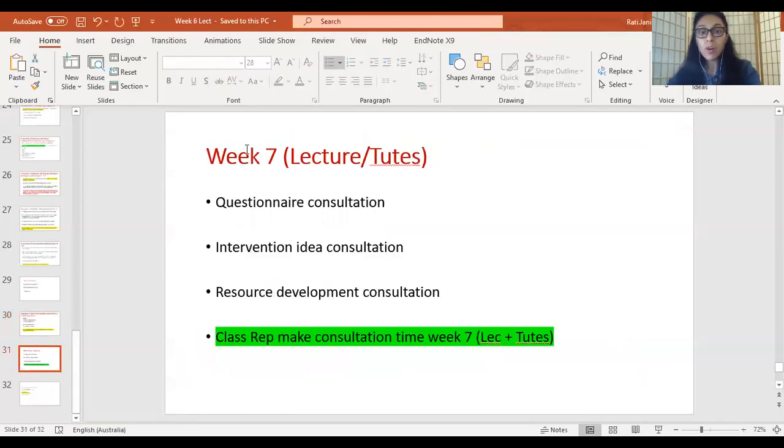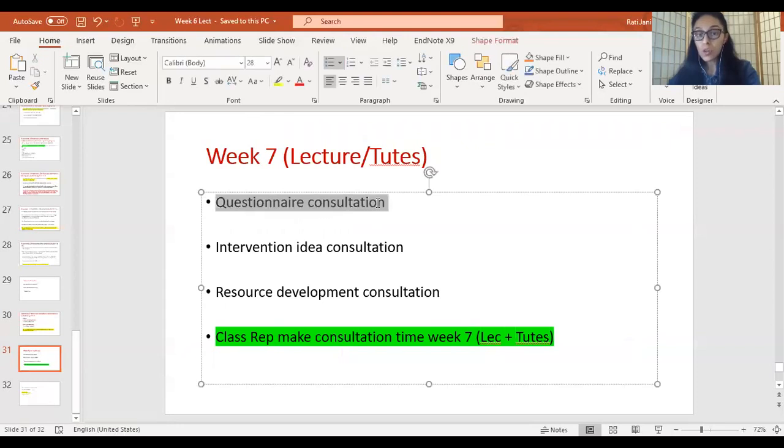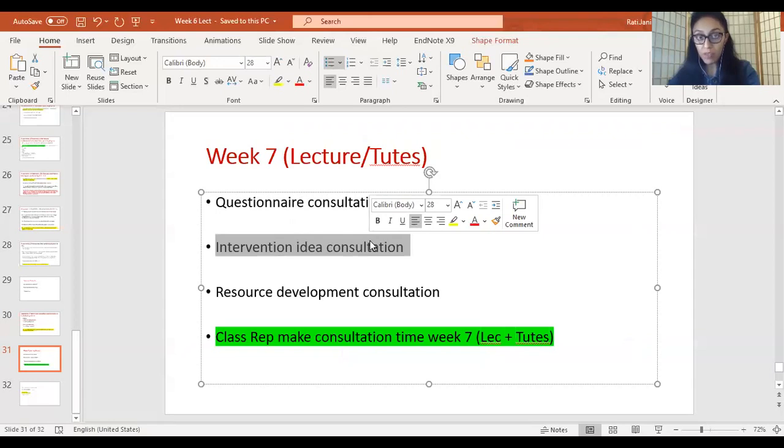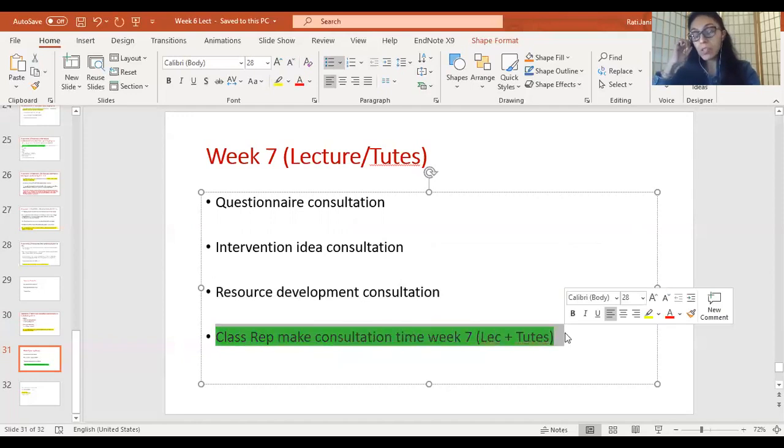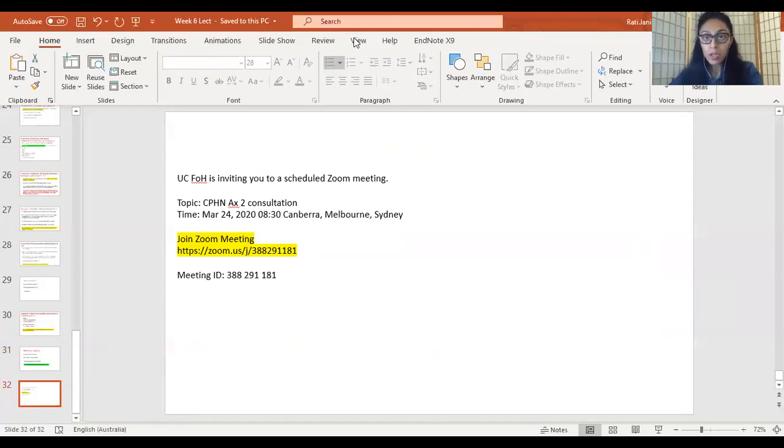Now, week 7, as I said, you can bring in your doubts for your questionnaire. We can have consultation for that. You can bring in your doubts for your intervention, meaning the actual intervention that you're going to be delivering in your classroom. Then resources like your flyers and your recipe booklets, you can bring in your doubts for that as well. Then class rep, please make consultation times, and all your lecture and tutorial time is for your consultation. These are going to be online. So I'll pause share, and